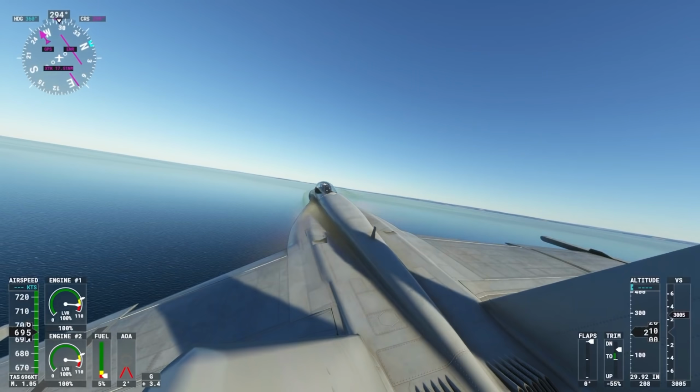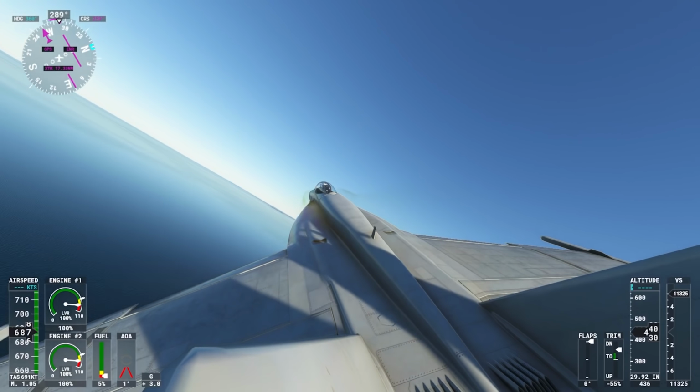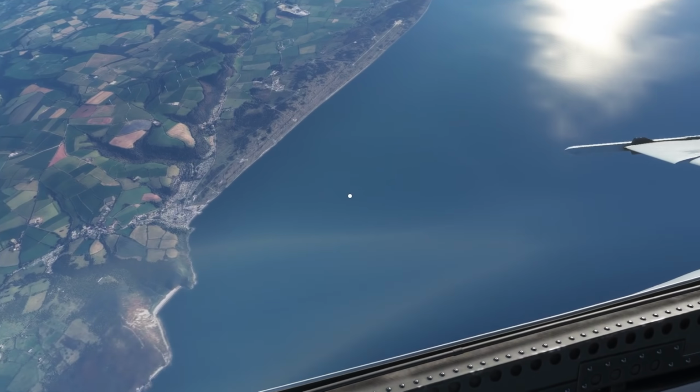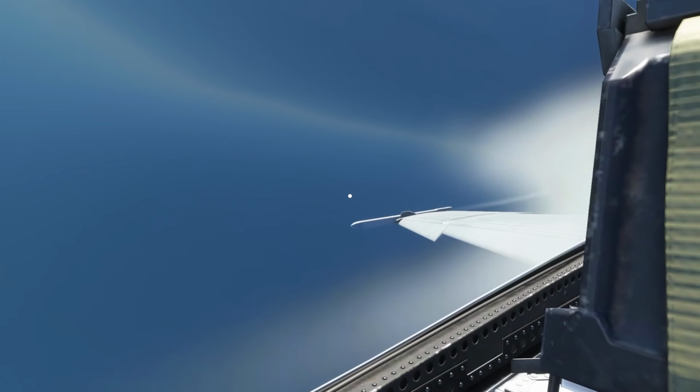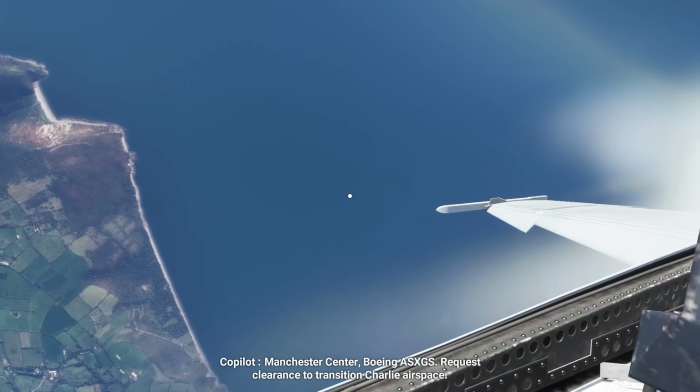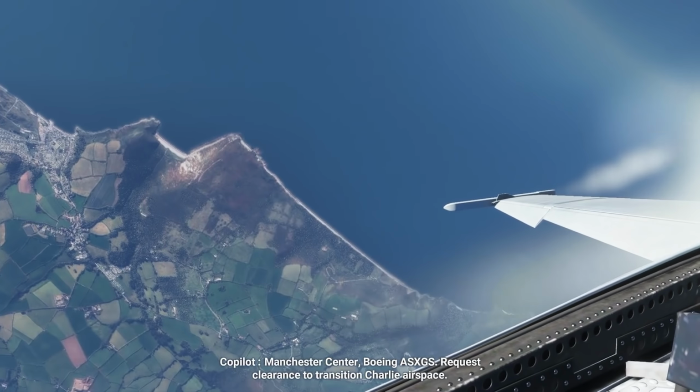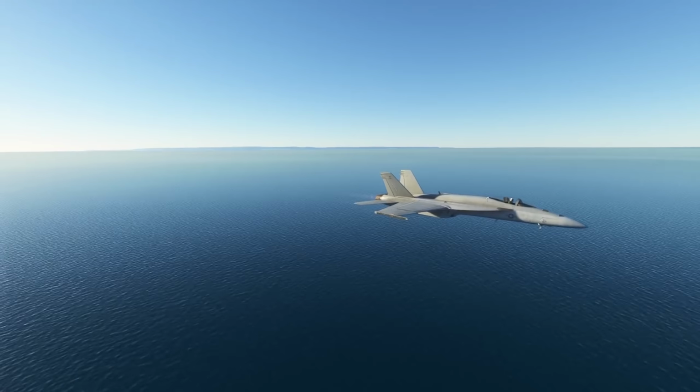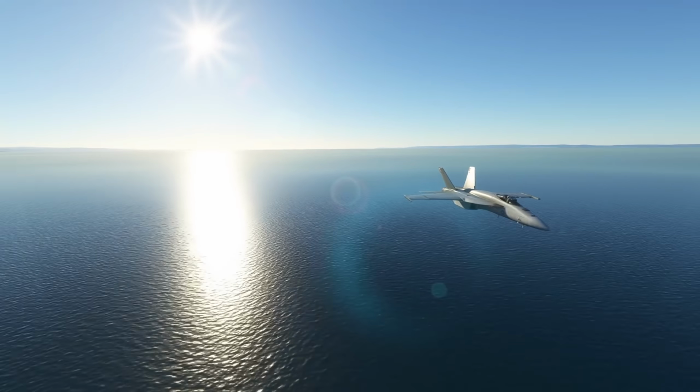Here is everything you can find in Sim Update 9 from Microsoft Flight Simulator. The update is set to arrive on the 26th of April and is currently in beta testing. As always with Sim Updates, the changes are very much about improving the code and the general aspects of the simulation itself. Now, sometimes Sim Updates also include visual improvements such as the new FX that have been added to